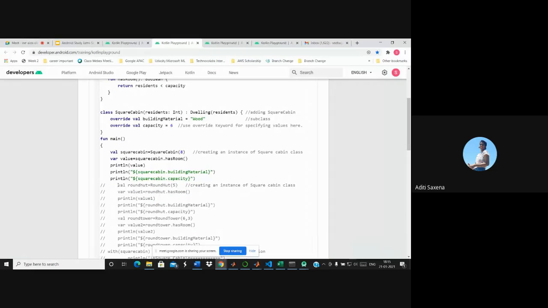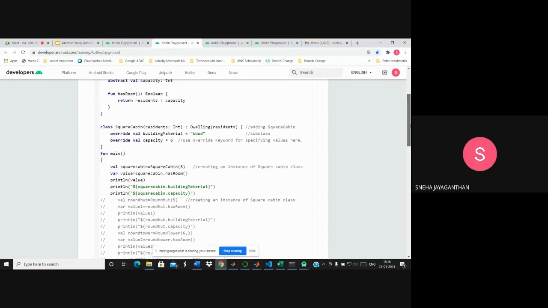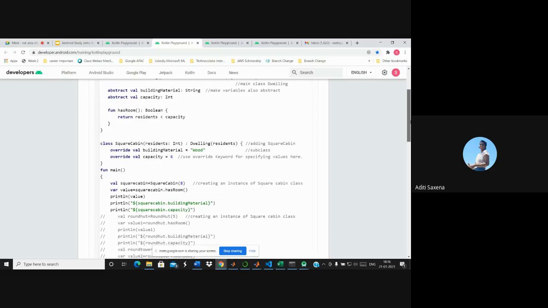Sneha, there's a question here. Johan asks that so basically we are just putting values later, and it's another way round to put values. We could have put values earlier too, right? If you put the values inside the abstract class dwelling, all the subclasses, square cabin and round hut, everything will be taking the same value. But if you want to give a different value to each subclass, you have to make that property abstract and give the values in the respective subclasses. Johan, is that clear, or you can maybe unmute yourself? Okay, yeah, he got it. Okay. Yes, now I can move on, I think.